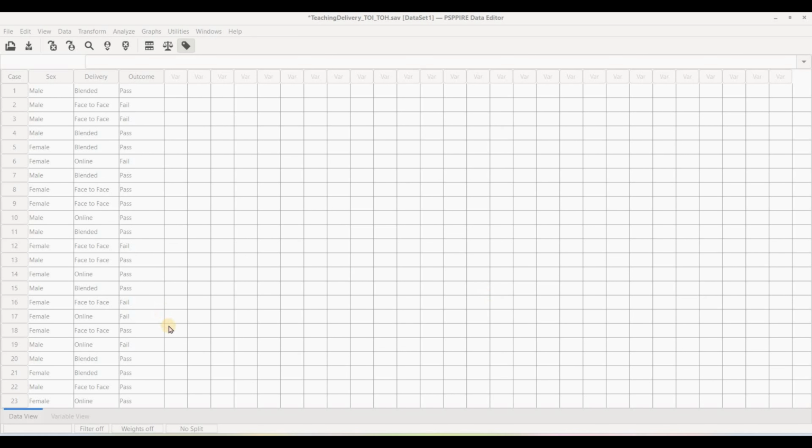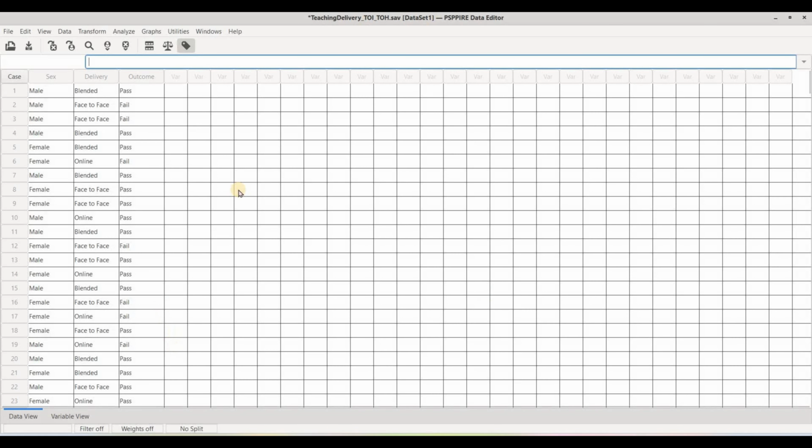So welcome back. Today we want to look at the chi-square test of independence. We normally use this test when you want to test if there's some association between two variables, where you assume one is dependent on the other, or if they're independent, or if one is independent of the other. So today we're going to use our fictitious data set right here to explain, which looks at different delivery methods